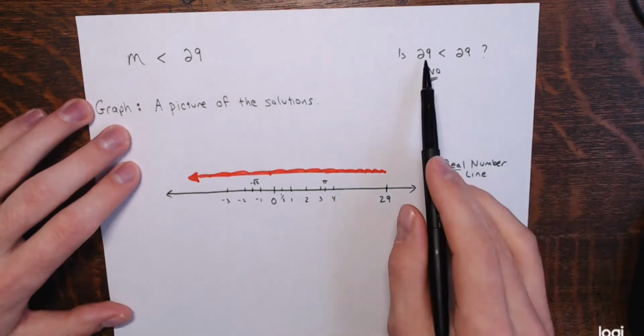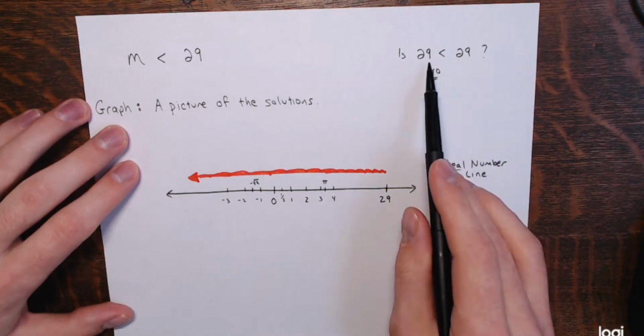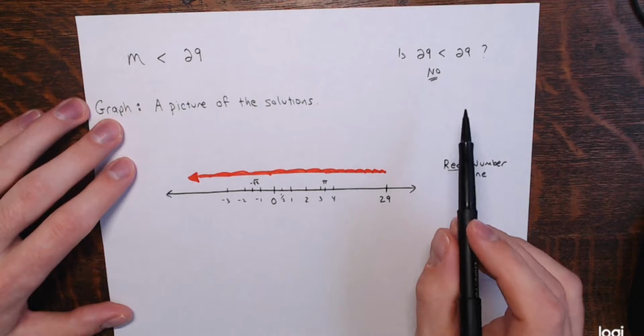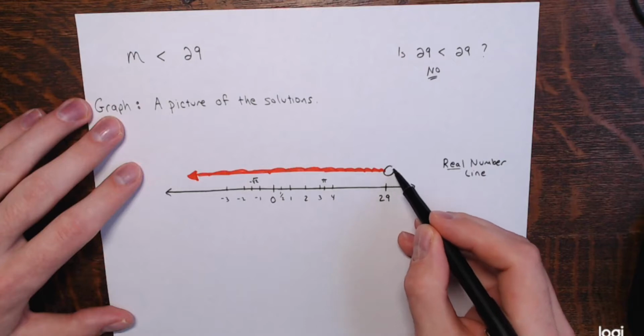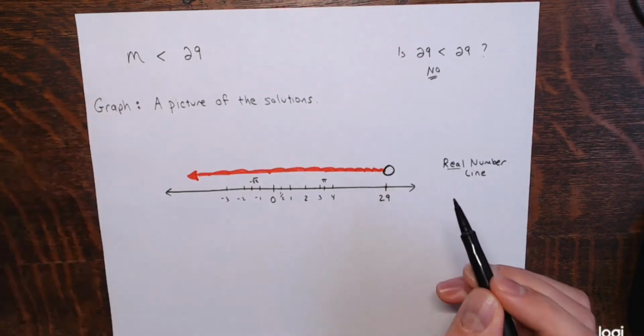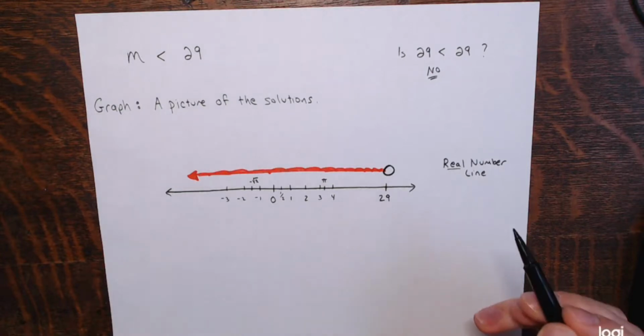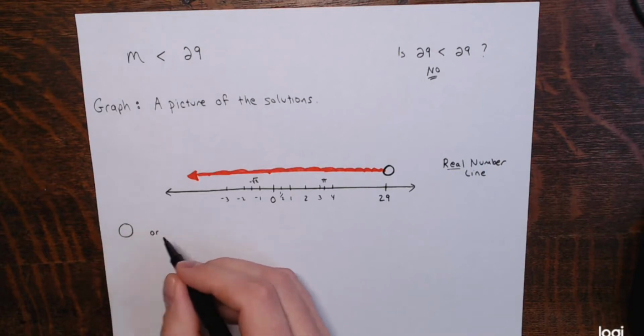29 is not less than. 29 is not smaller than 29. 29 is equal to 29. So the way we're going to indicate that is, above 29, I'm going to put an open point or a parenthesis. So you're going to see that in graphs, an open point or some sort of parenthesis,